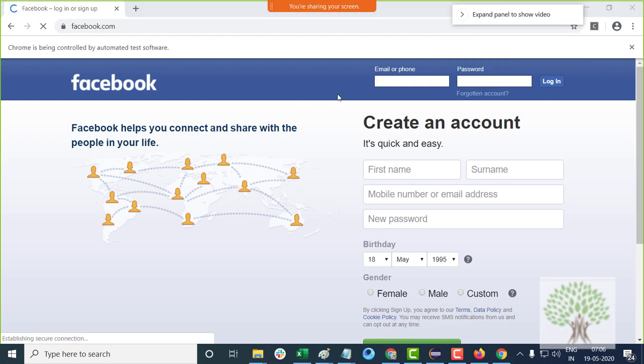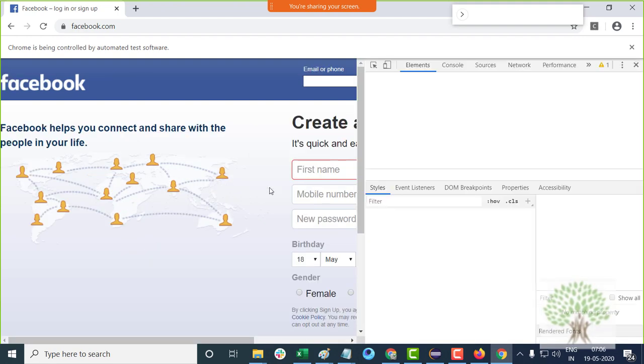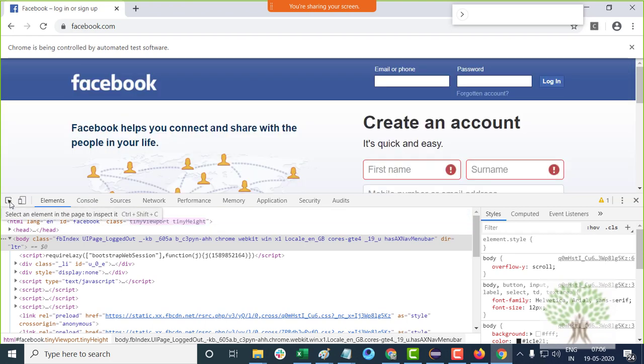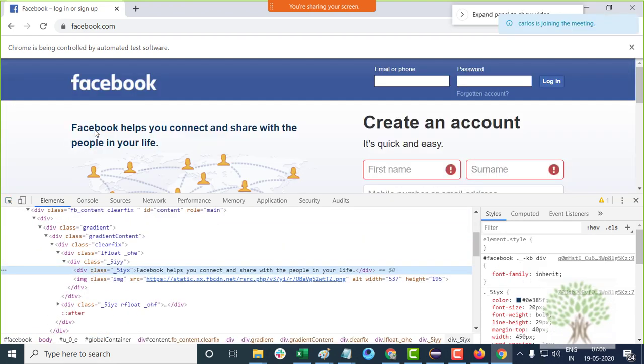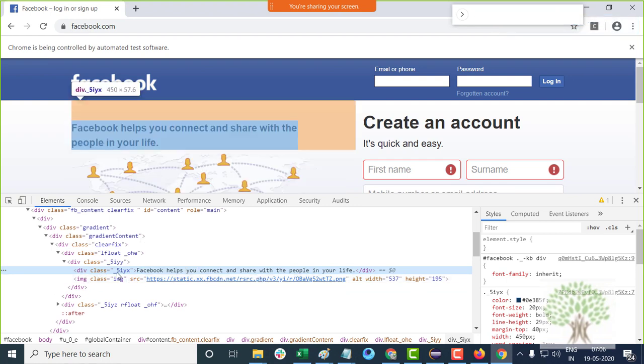Yeah. So what we do is identify them with the help of XPath in case you don't get an ID or something. For example, this text: Facebook helps you connect and share with people in your life. If you right click and inspect this element, out here you see this is the text.